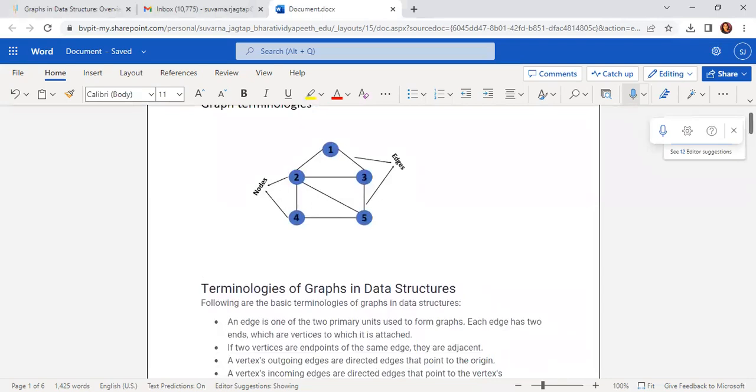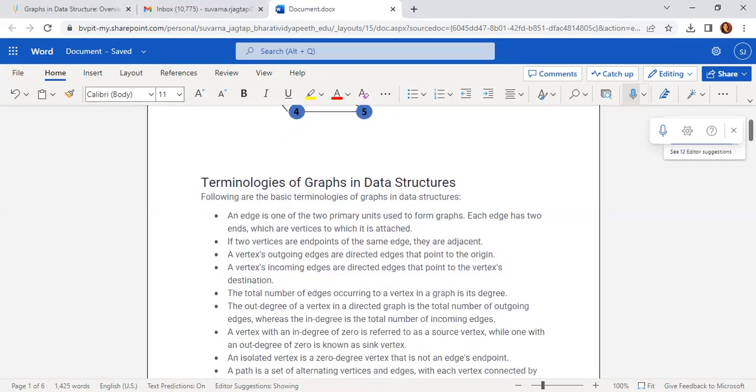The type of graph used over here is an undirected graph, where an edge going from vertex 1 to 3 is equivalent to an edge going from 3 to 1. If two vertices are endpoints of the same edge, they are said to be adjacent. A vertex's outgoing edges are directed edges that point away from the origin. A vertex's incoming edges are directed edges that point to the vertex